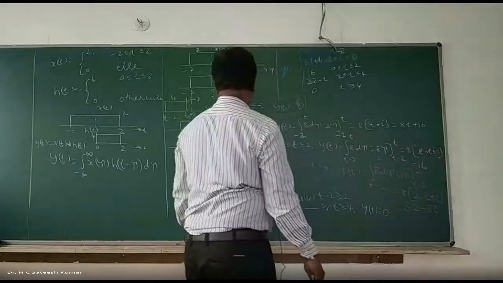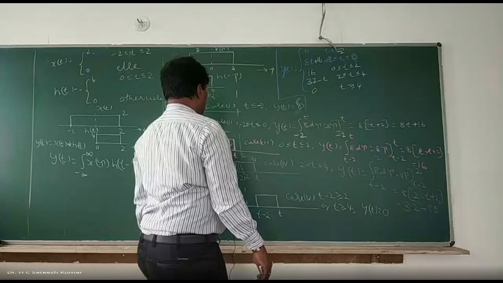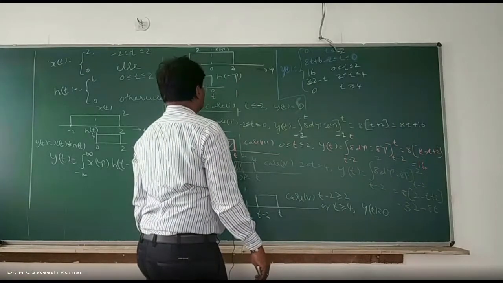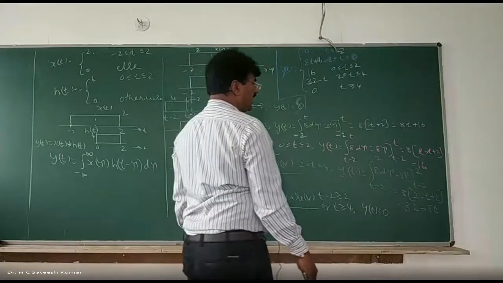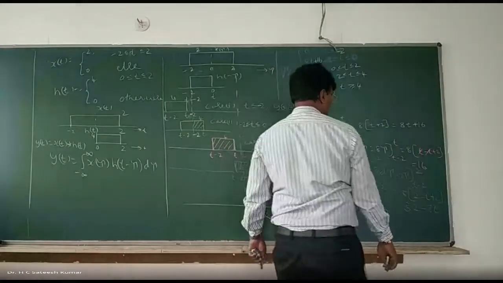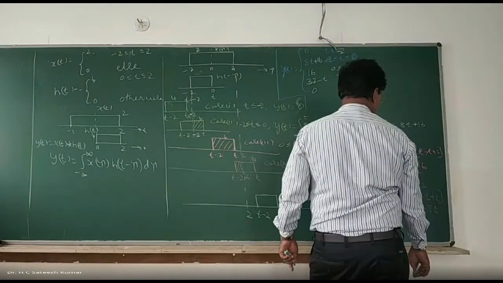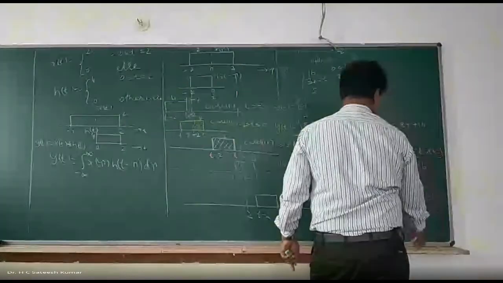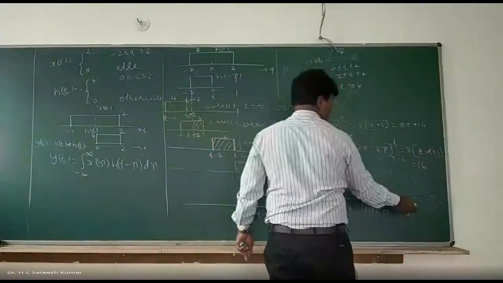Case number 4. What is it that we have? Case number 4, t lies between 2 to 4. Correct. And t minus 2 to 2, 8, which is nothing but equal to 8 tau. So 8 into 2 minus t plus 2, 4. Okay, right. This is 32 minus 8t. That is correct. Only while copying I made a mistake.